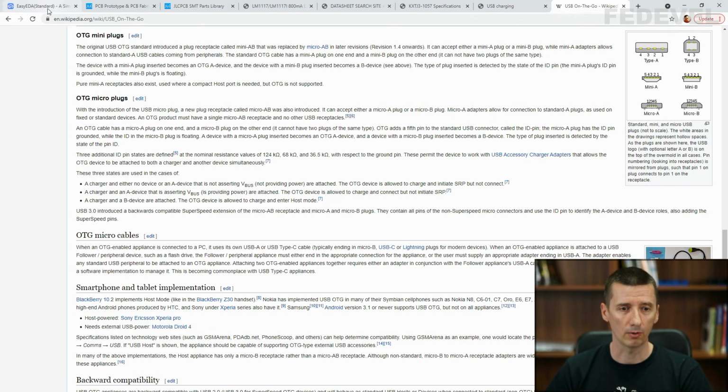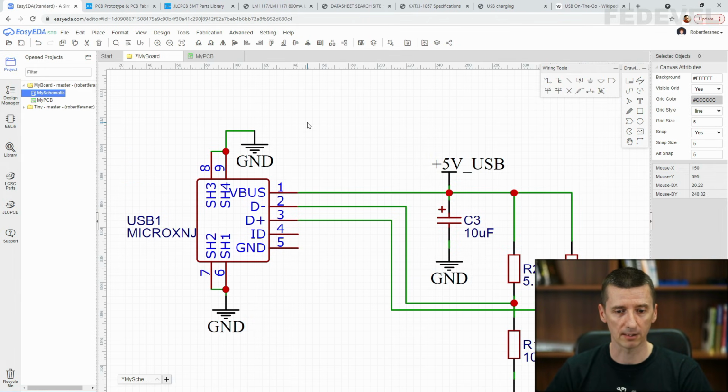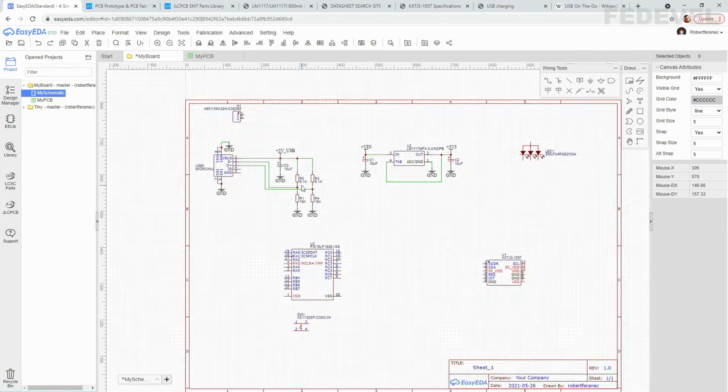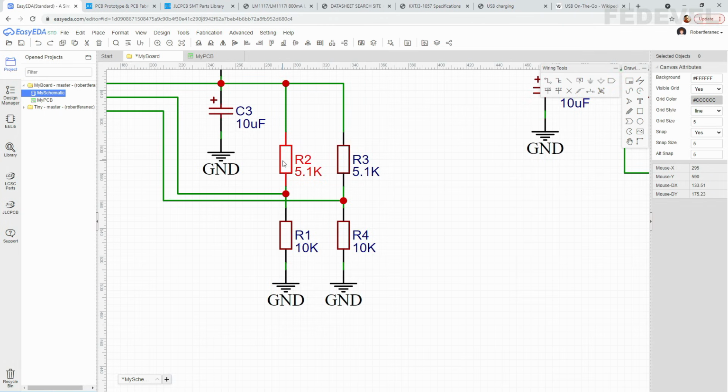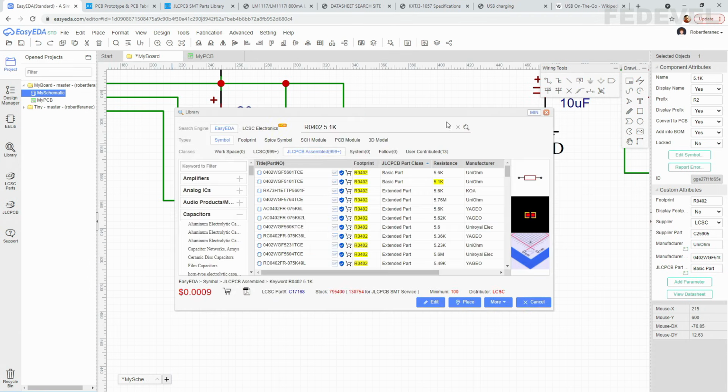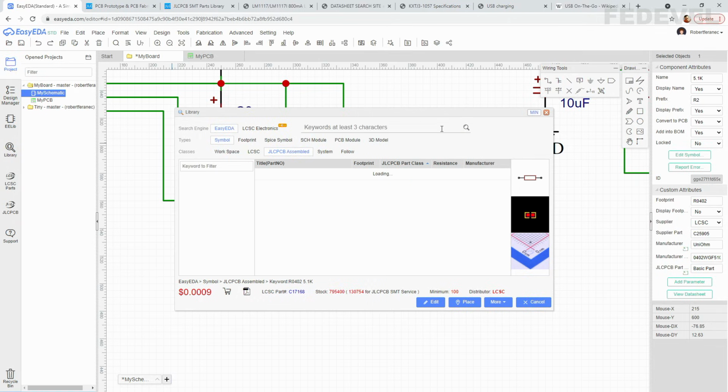Okay, so in the next step, we are going to find a 0 ohm resistor and connect it to this ID pin. I'm going to show you a different way how you can search for resistors. So select an existing one, copy the manufacturer part number, Control C, go to library, and we are going to search, Control V, based on this number.